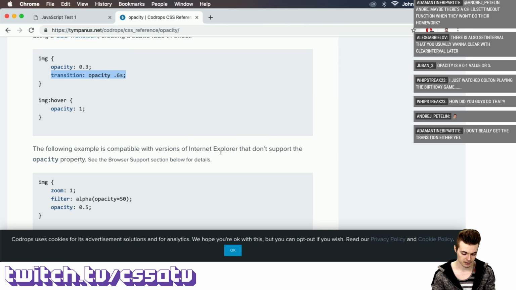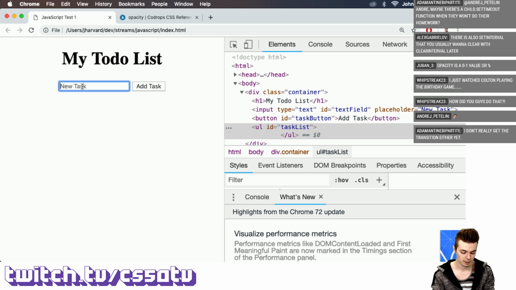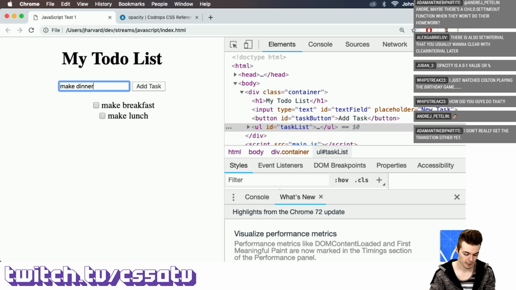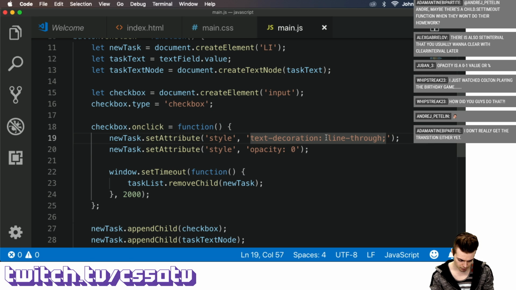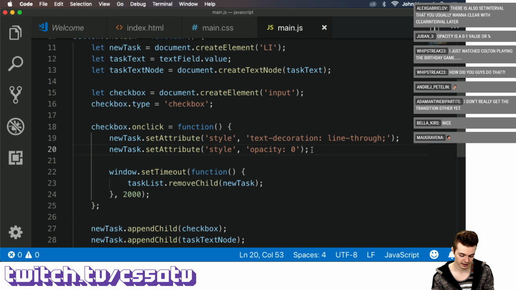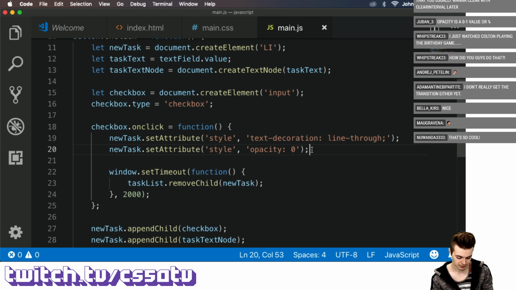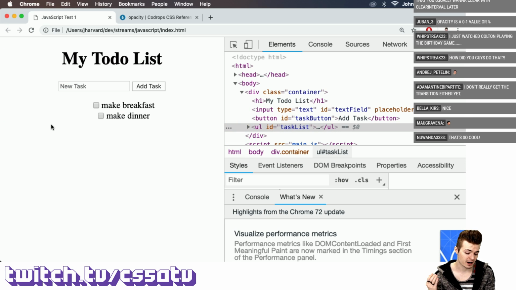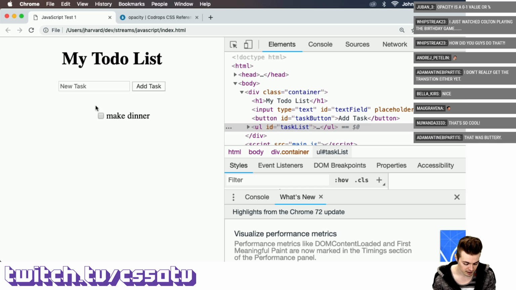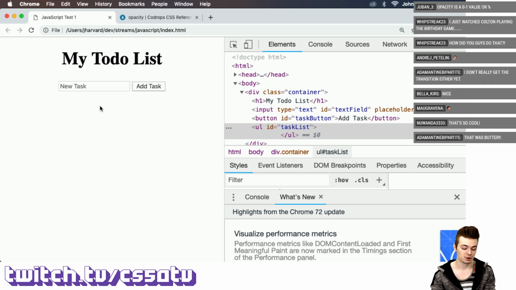What this is going to do is we should be able to refresh this, do make breakfast, make lunch, and make dinner. And then if I click make lunch, notice that it actually faded out before clearing, and it actually didn't set the text decoration, though, which is unfortunate. Why did the text decoration not show as line-through? That's strange. I did this yesterday, and it seemed to work. I don't mind that it's not struck through, and I don't know if I have time to debug it, but that's weird. In any case,